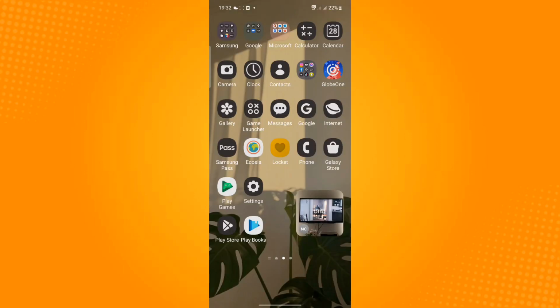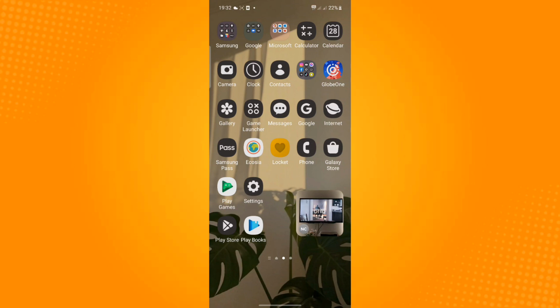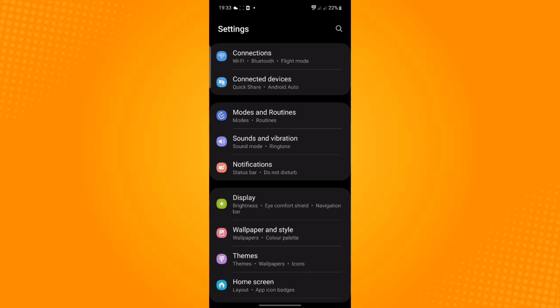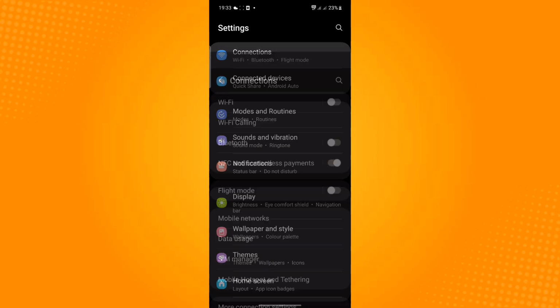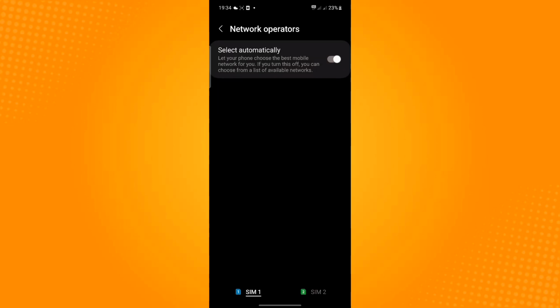The third option is to choose Network manually. So locate and open your Settings application. Now choose Connections, select Mobile Networks, and then tap Network Operators. Now select your service providers,